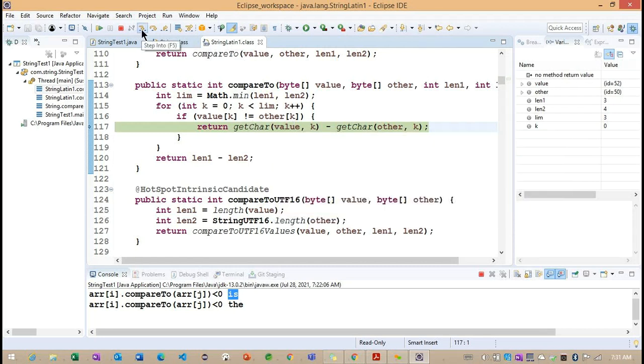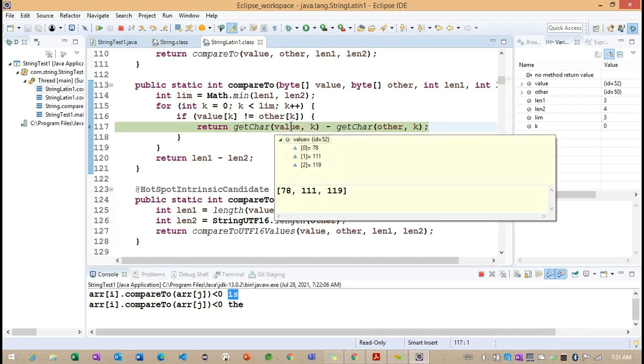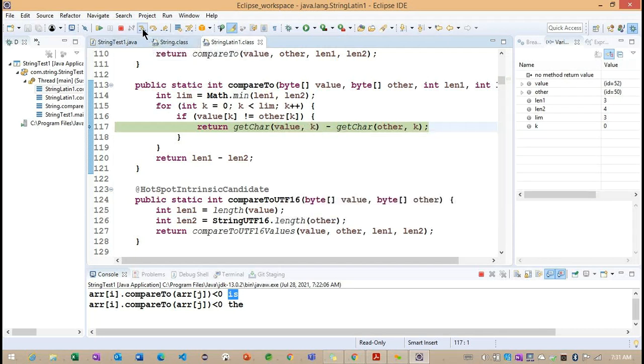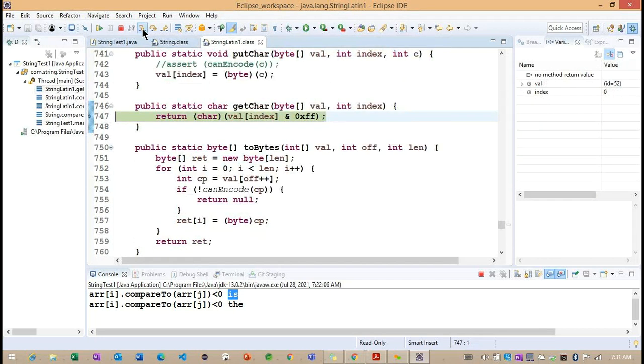Observe here. We need to understand how this particular getChar method is working. The value we are passing here is nothing but one byte array, right? And the k value. K is nothing but the current index value.